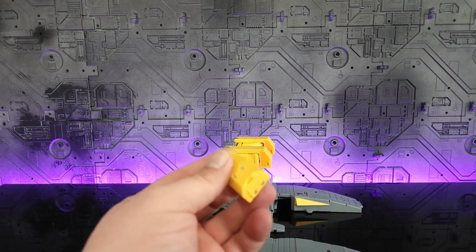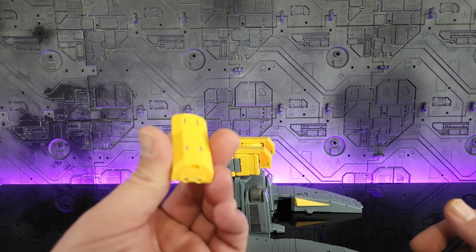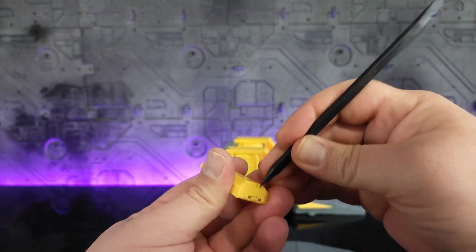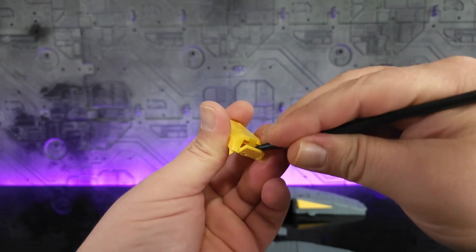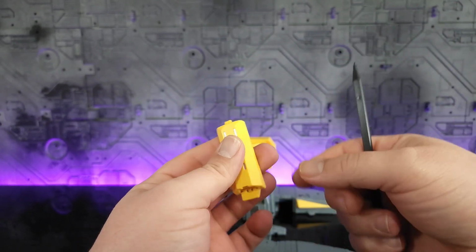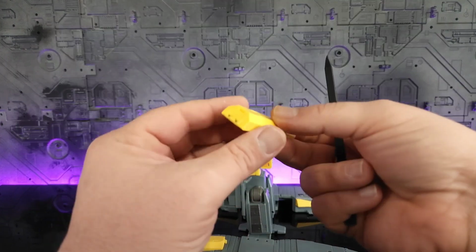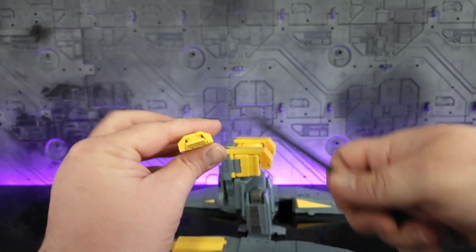Now bring in your legs, and again, you'll need a spudger. Pop these sections open, which they're very tight. There we go. Do that for both of them. And the way these connect,